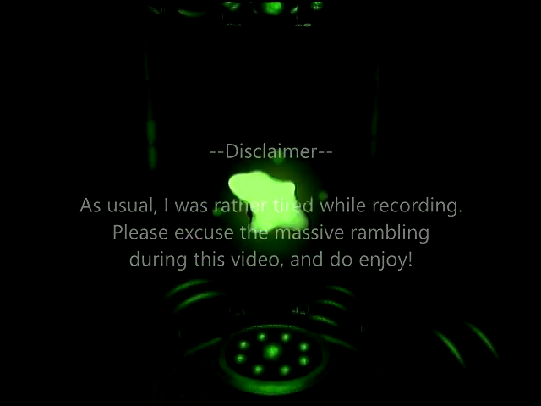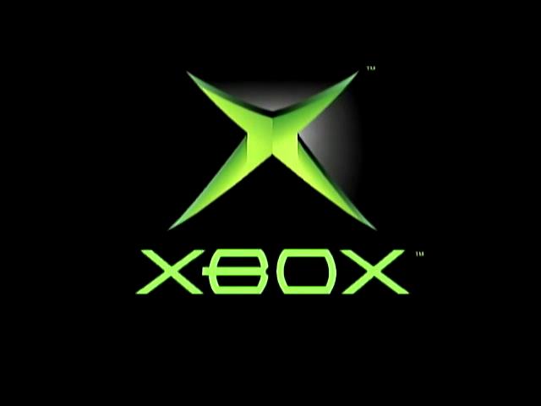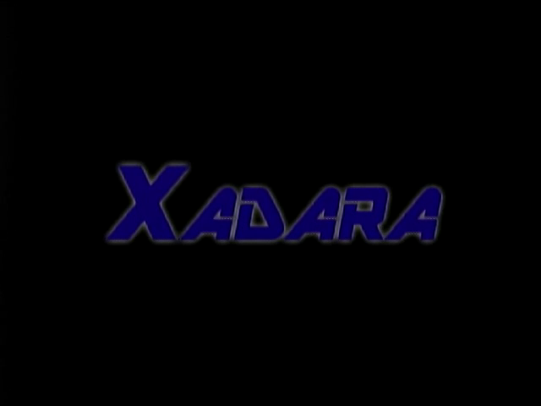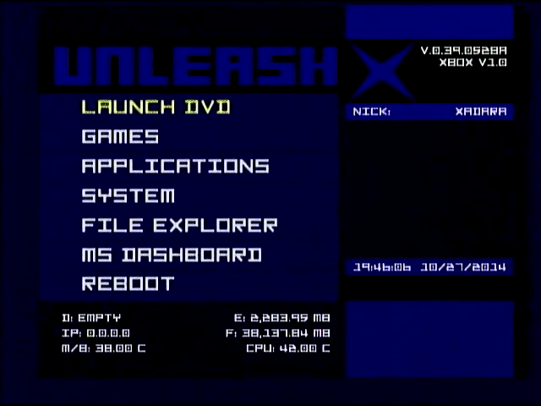The video capture has begun. The device takes a little time to go. This is the normal Xbox boot cycle. And at this point, instead of MS Dash, it's loading up the UnleashX Dash executable. That was a custom icon or graphic that I had made for myself for the Xbox because it's customizable, so why not? And here we have the stock UnleashX Dash at version